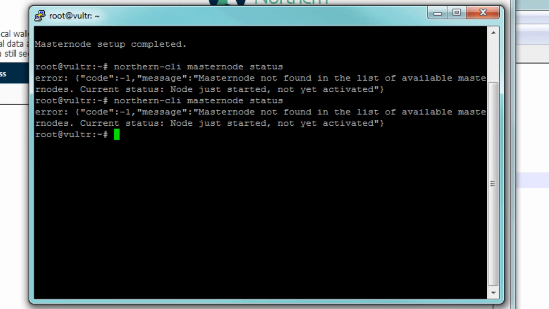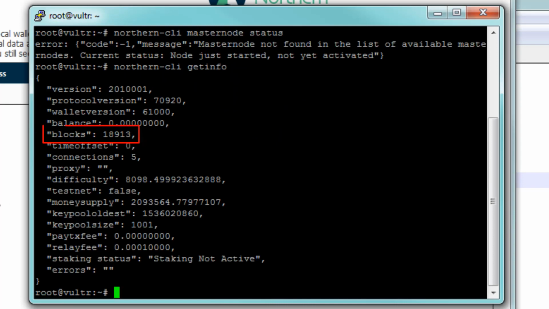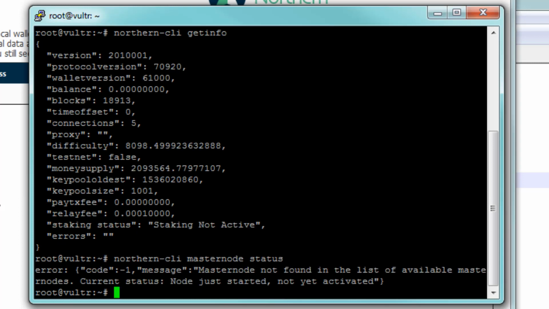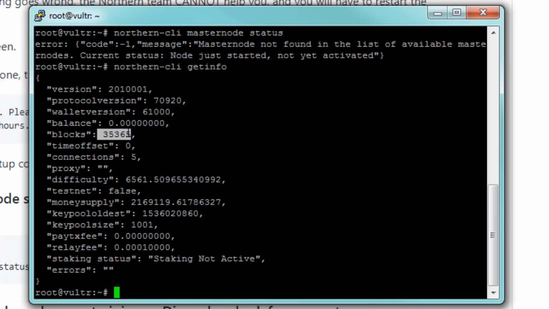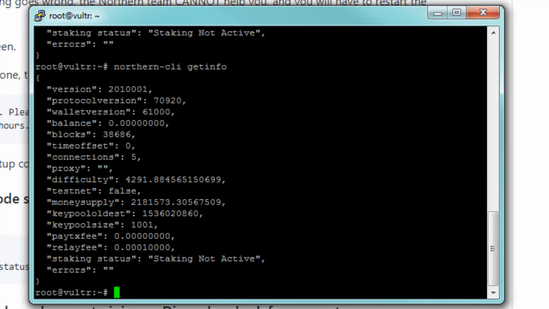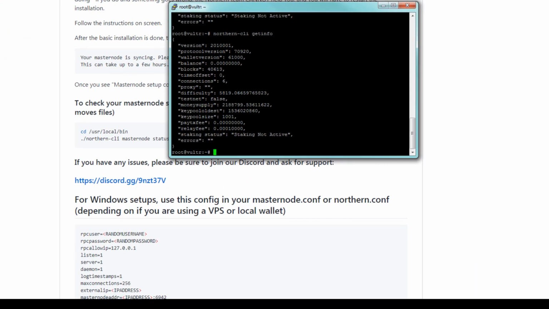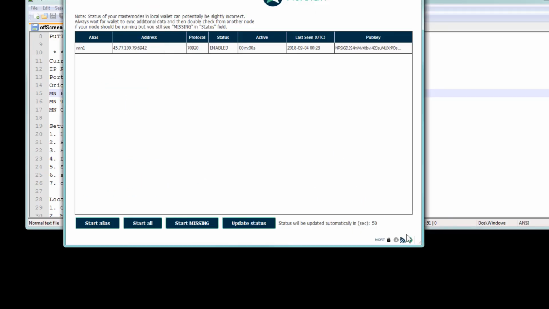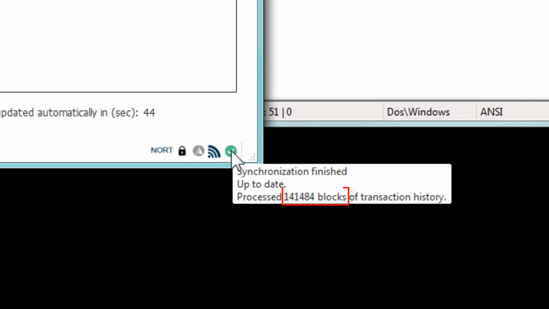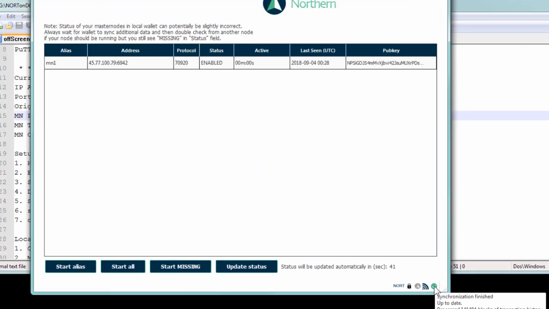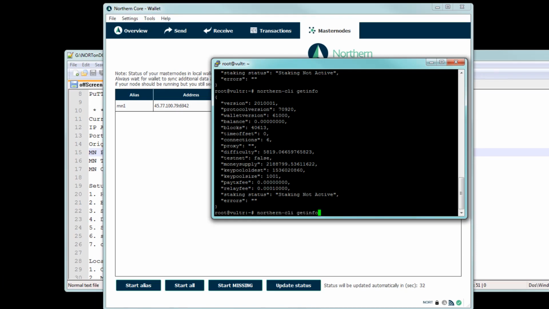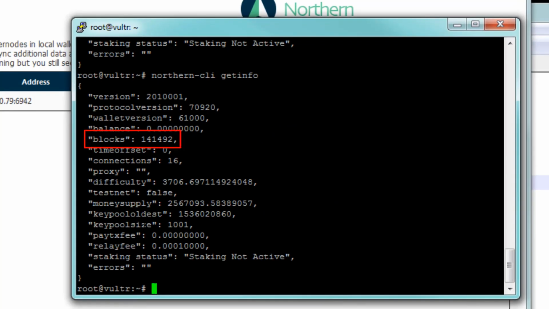Entering the Northern CLI, which is the command line interface, the masternode status command gives us the status. We're not getting anything because it's not synced yet. You'll notice that the blocks is only 18,913 there. And as we continue to enter the getinfo command, we see that the block number continues to increase. This could take over a half hour or so. Let it go. You can hover over the green arrow to find out what number you need to get up to. See how close you're getting. And once you're there,